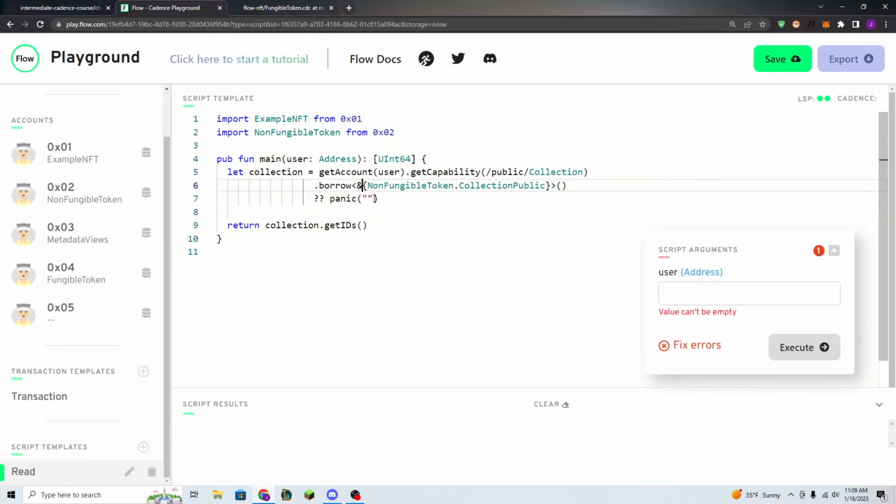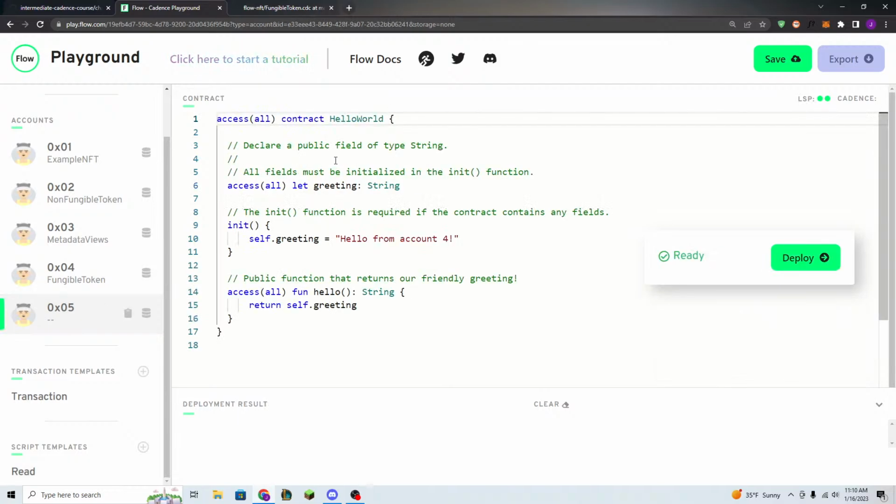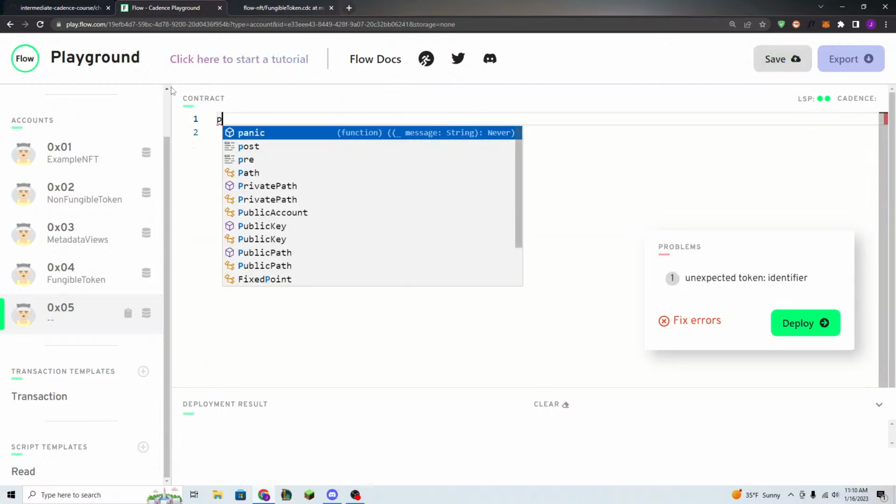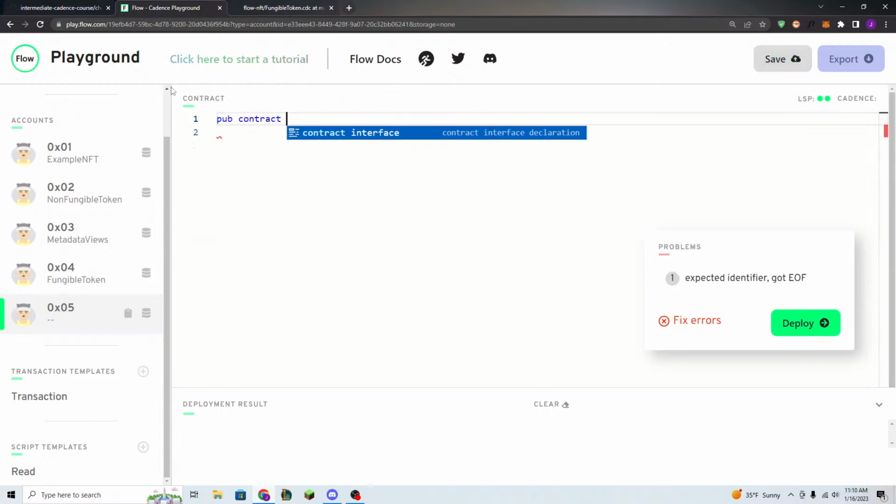But it forces us to read the collection like this, right? And what this means is this is any resource that implements NonFungibleToken.CollectionPublic. So this isn't ensuring that this is actually an ExampleNFT collection. So what this means is we could deploy another contract to this account called Jacob Coin, and we could have a resource. Let's just do that together. We could make another contract called JacobNFT